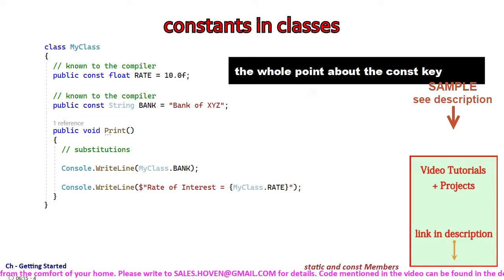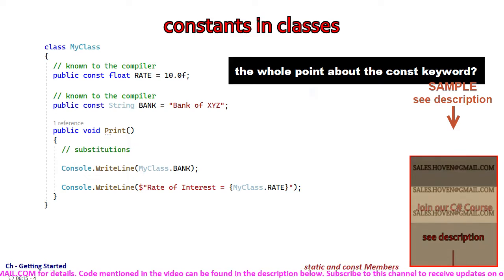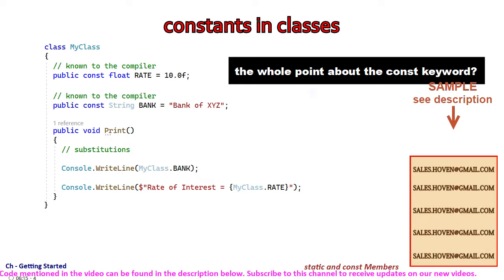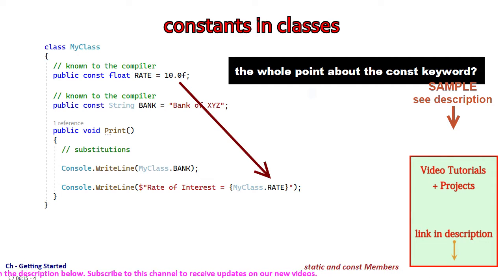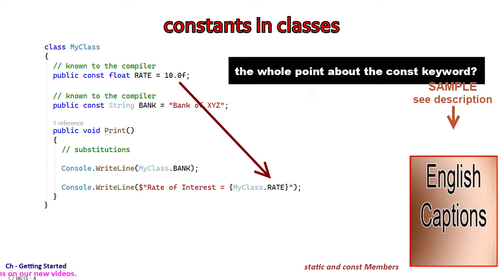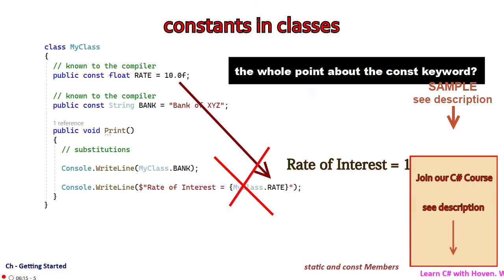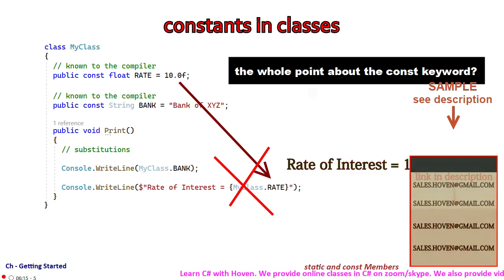Now what's the whole point about the constant keyword? You must be wondering about this question right now. Notice that the compiler knows the value of a constant member at design time. So it can substitute the value wherever the identifier has been used. This means it can fold away the constants and prevent unnecessary allocation of memory. So after substitution, the compiler compiles rate of interest = 10.0 instead of Console.WriteLine(rate). Hence, it doesn't have to